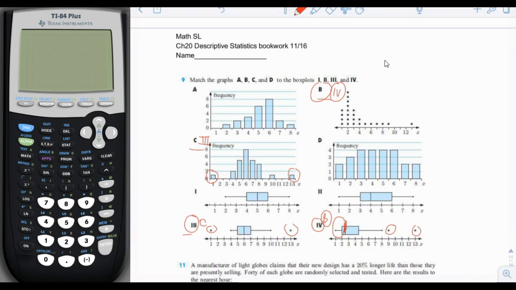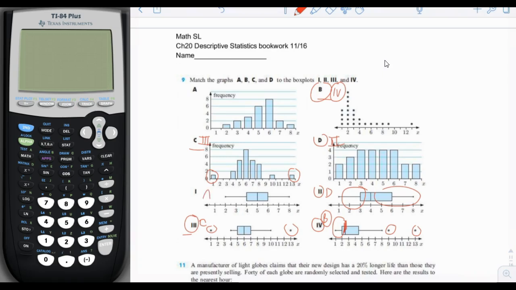Okay, so that leaves these other two. One of these looks like it's leaning a little bit to the left. It's got 50% of the population kind of crushed between 1 and 4, and it's got the rest of it spread out between 4 and 8. That looks more like D, right? So D looks more like 2, where it's kind of smashed to the left. And that leaves 1, which